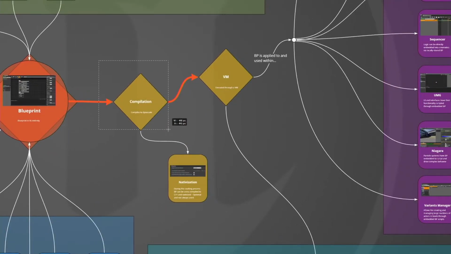Eventually, once the blueprint has been compiled, it's going to run through a VM, a virtual machine. It compiles the bytecode, run through the virtual machine. It runs quite fast. There's a lot to say about blueprint performance, but it is actually pretty fast. It doesn't beat C++, obviously, but it's definitely not